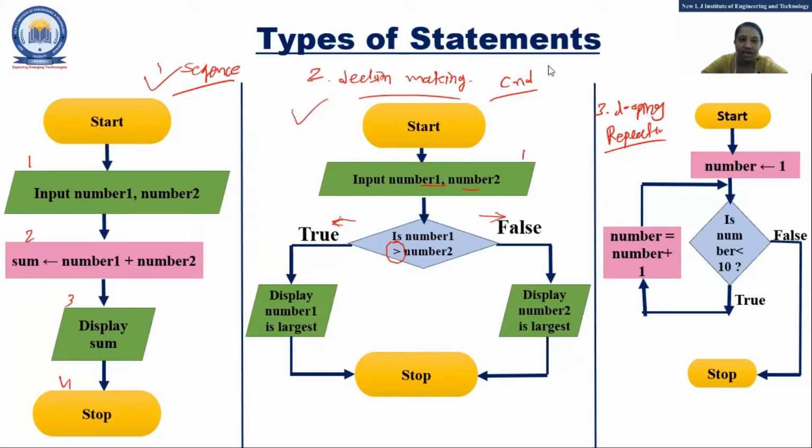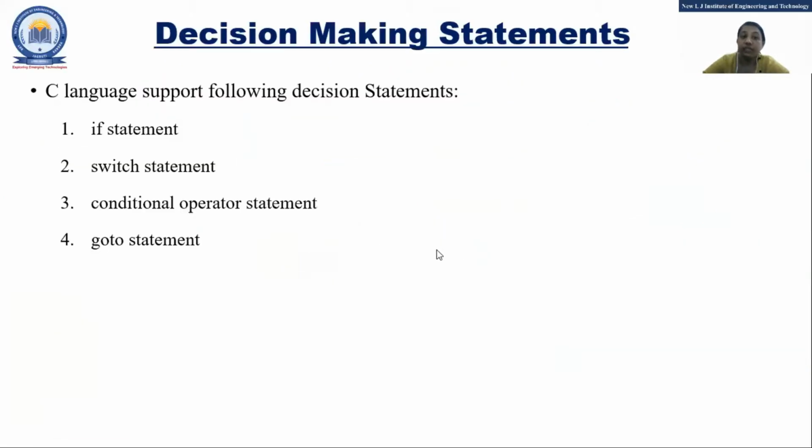Relational, not arithmetic. Have you used arithmetic to check the condition? You can use it in an expression like a plus b is greater than c, but the main operators used are relational operators. A comparison operator is itself a relational operator, right? That means less than, greater than, less than or equal to, double equal to, greater than. All these are relational operators. So with decision making statements, we mostly use which operator?